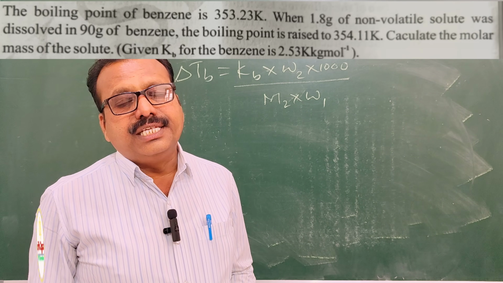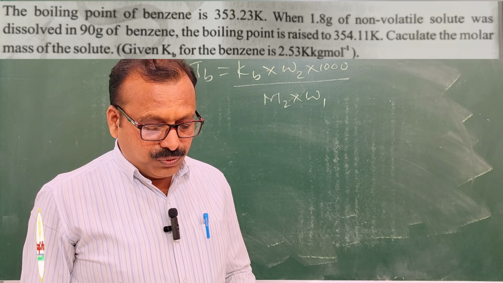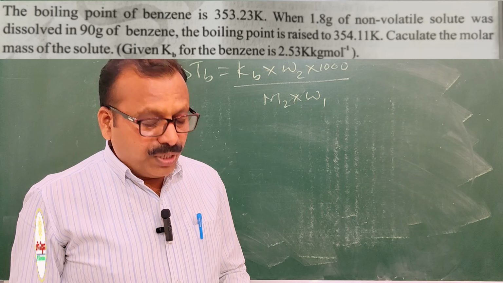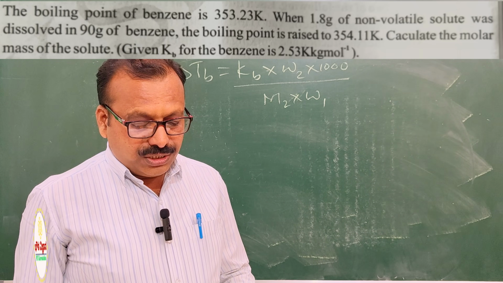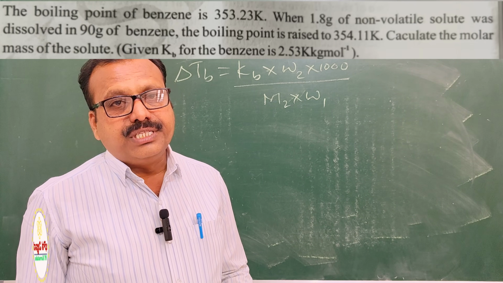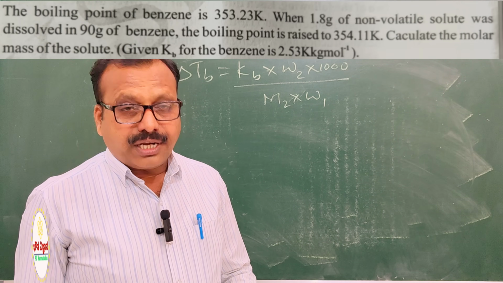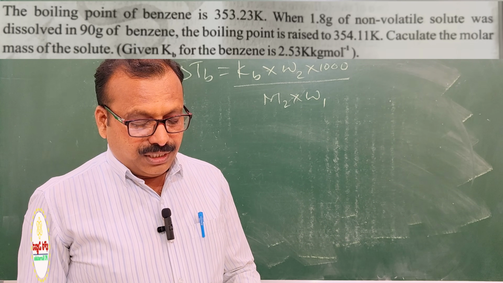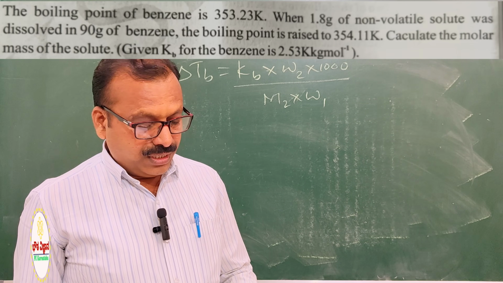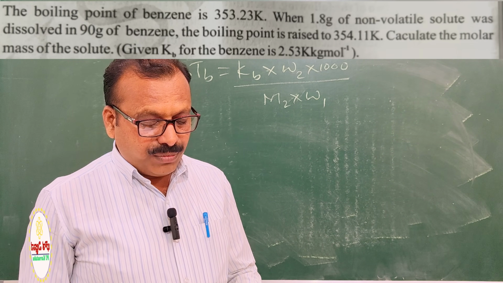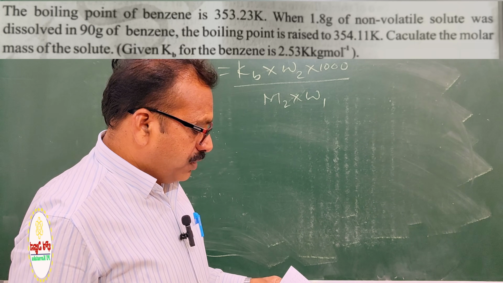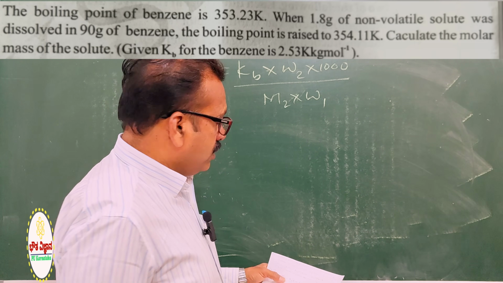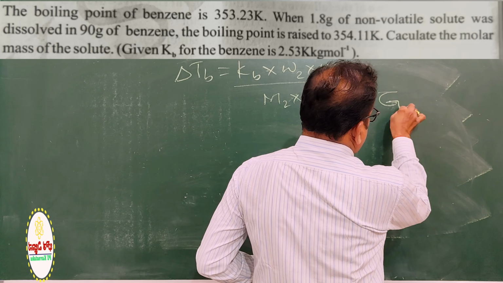Boiling point of benzene is 353.23 Kelvin. When 1.8 gram of non-volatile solute was dissolved in 90 gram of benzene, the boiling point is raised to 354.11 Kelvin. Calculate the molar mass of the solute. Kb value they have not given, we have to calculate. So whatever is given, in the formula,